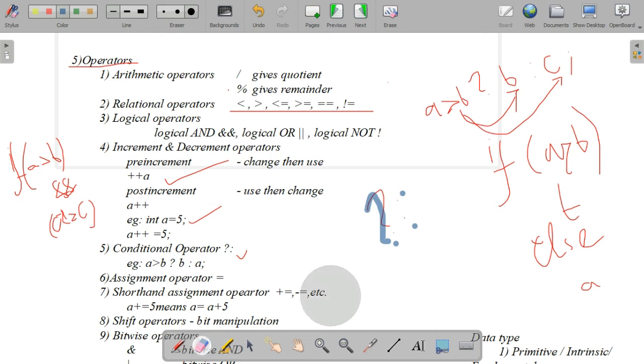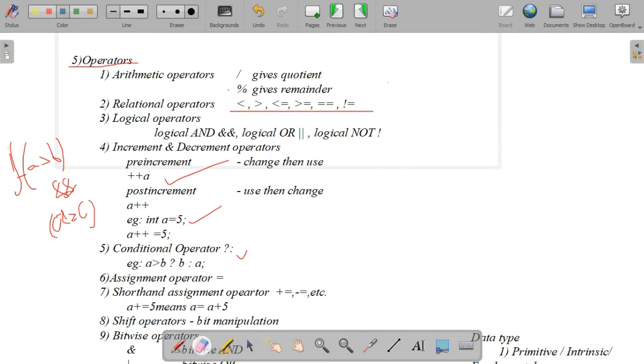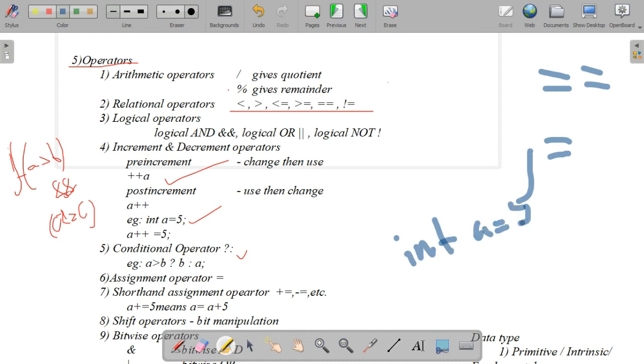The next one is the assignment operator. The assignment operator is equal to. Here you need to identify the difference between the two: the first one is double equal to, the second one is single equal to. Single equal to means assigning a value, like when we assign a variable, integer a equal to 5. The value 5 is assigned to the variable a, that is the initialization process.